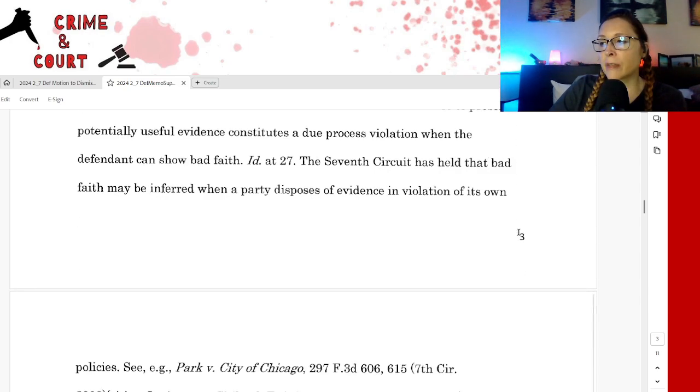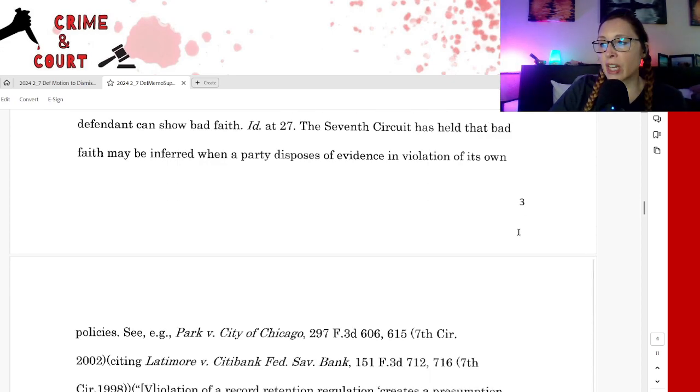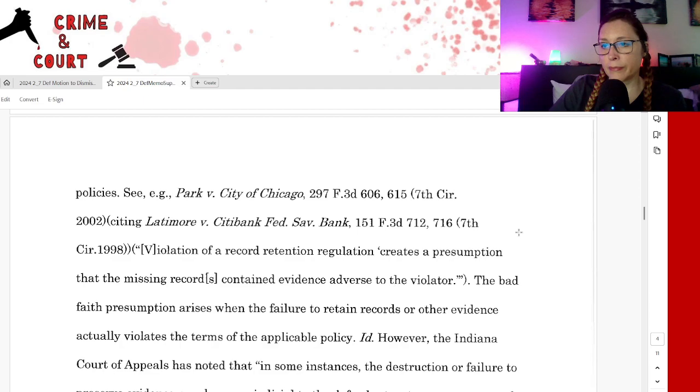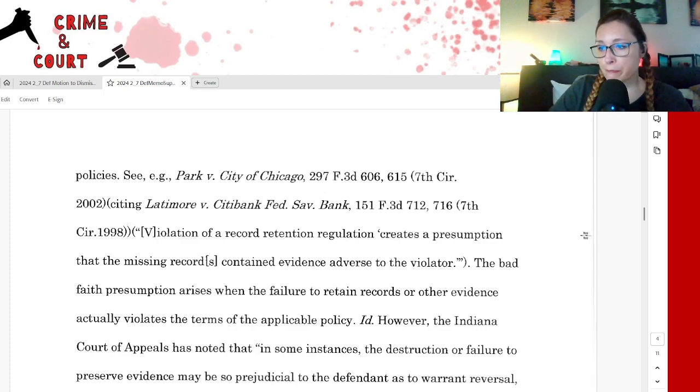The Seventh Circuit has held that bad faith may be inferred when a party disposes of evidence in violation of its own policies. So their own policies in law enforcement, I'm sure, is not to record over statements. So they violated that. Violation of a record retention regulation creates a presumption that the missing records contained evidence adverse to the violator. The bad faith presumption arises when the failure to retain records or other evidence actually violates the terms of the